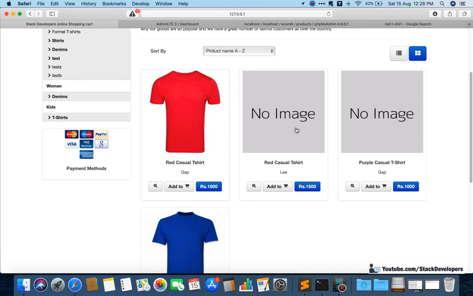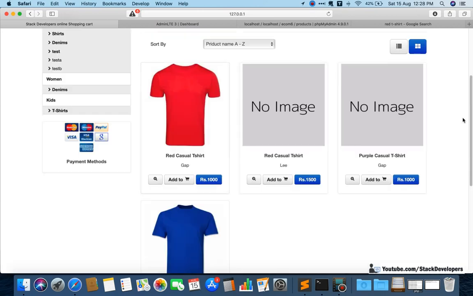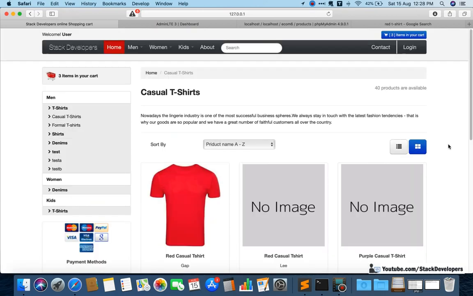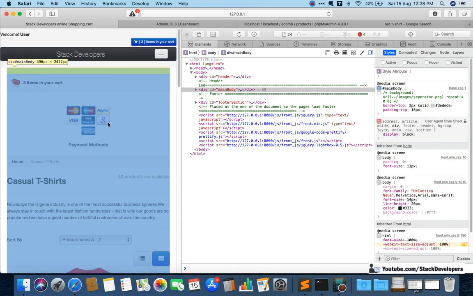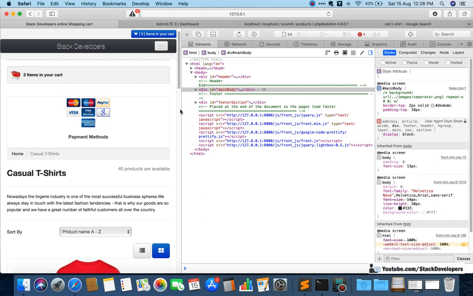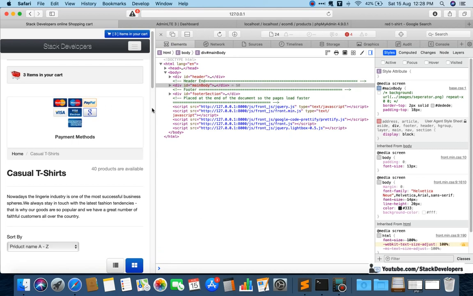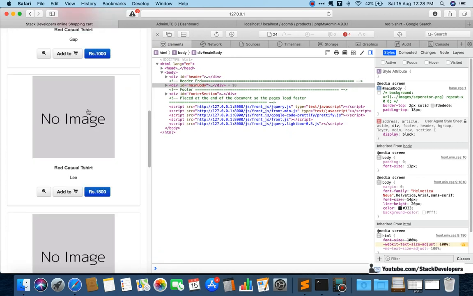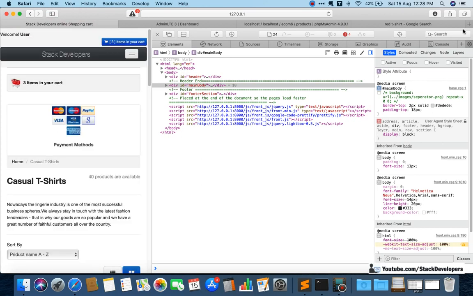Okay, so now see here, it all looks the same, but in responsive it does not look good. Let's see in responsive, inspect and mobile view, and see, it looks fine here as well. Yeah, it looks fine, but no image. We can make a new no image as well of 500 into 500 size.